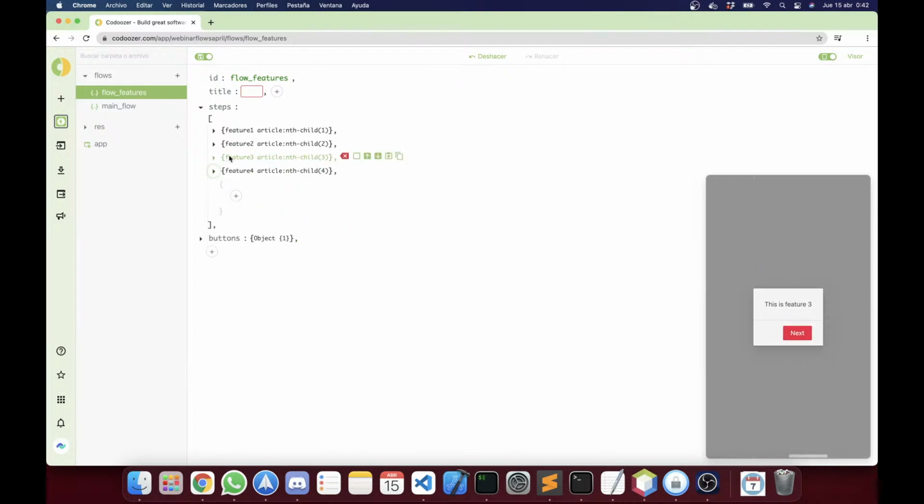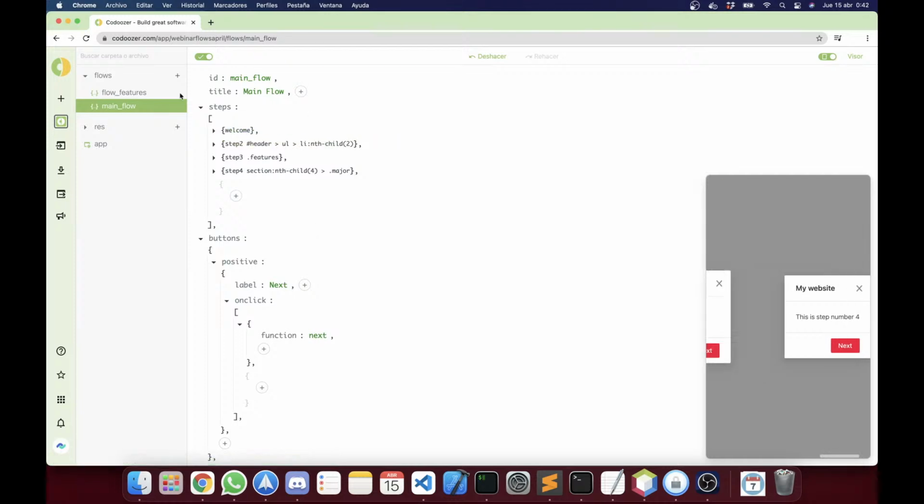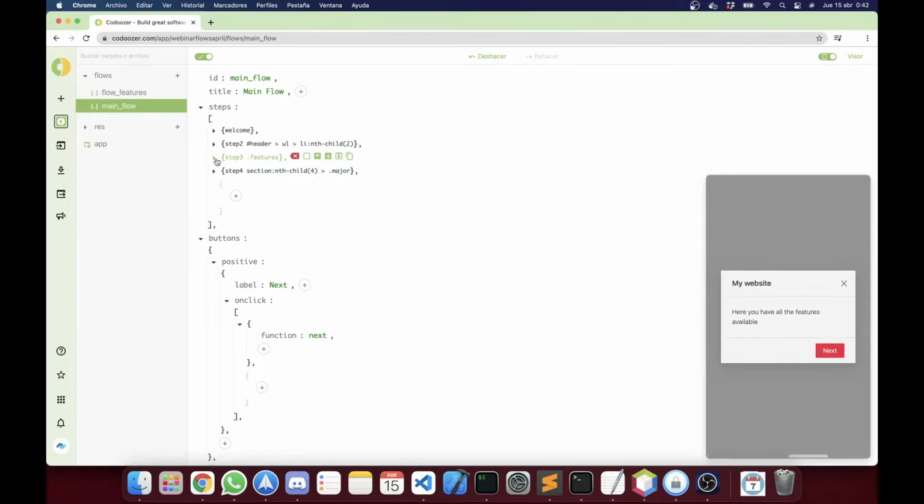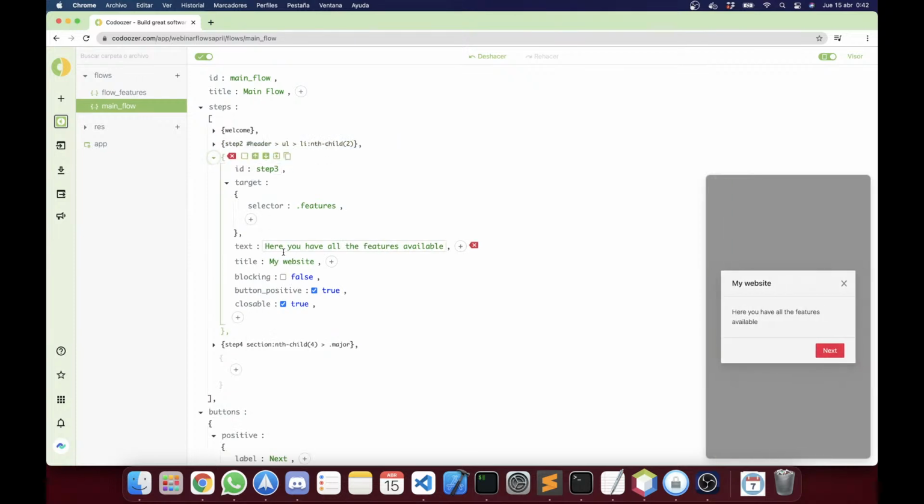Okay, so this flow doesn't have a next step. Okay, so if we run this after the step 4 or the feature 4 step, then it will try to go to the next one, but since there's no next one, then it will finish the flow. Okay, so our tutorial will be over. Okay, but well, we should have a different button. Okay, but I'm going to do this later. First, I need to link to these flow features. Okay, so from step 3, here, instead of having, well, I'm going to leave this button positive, but I'm going